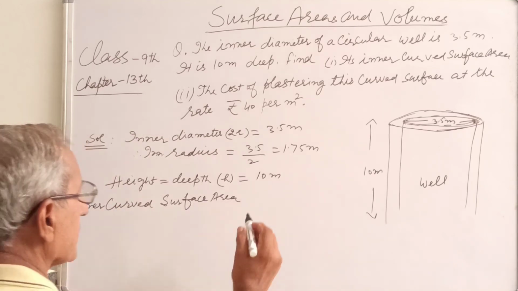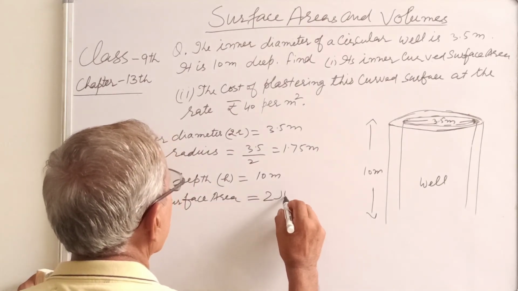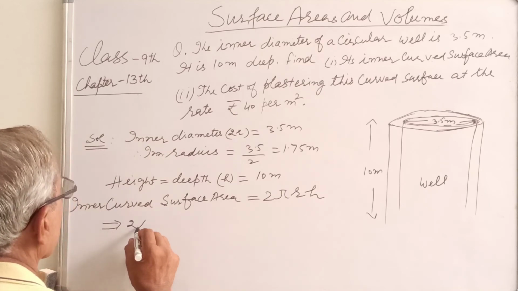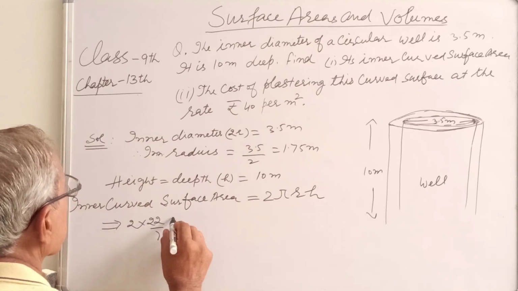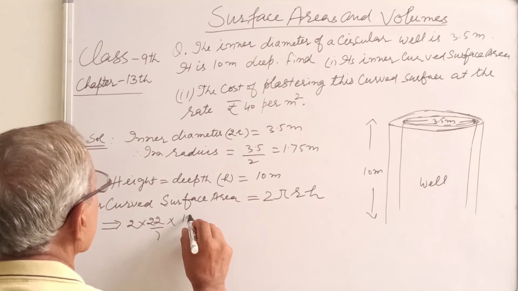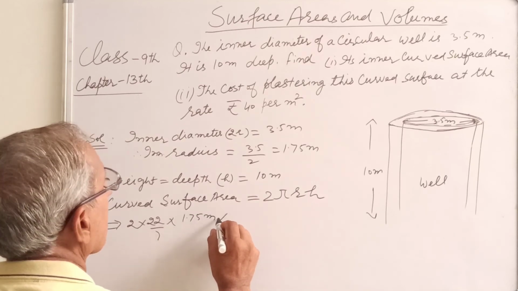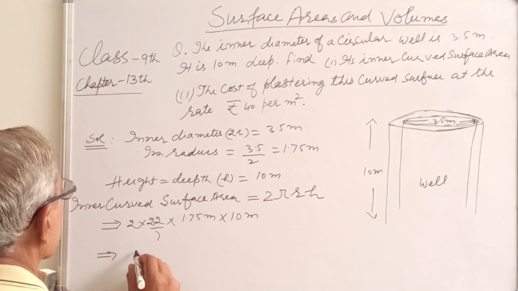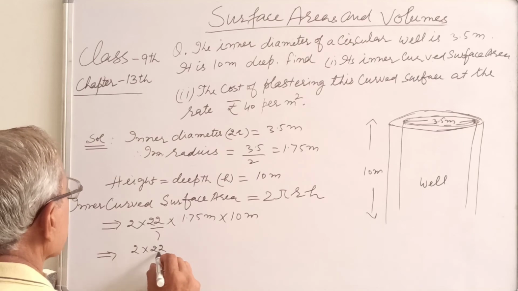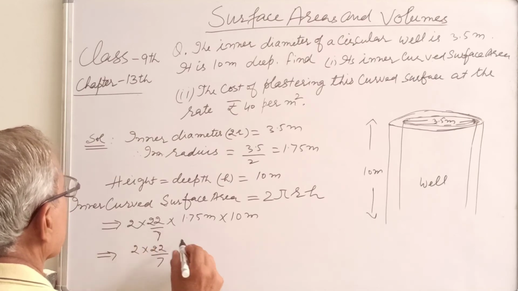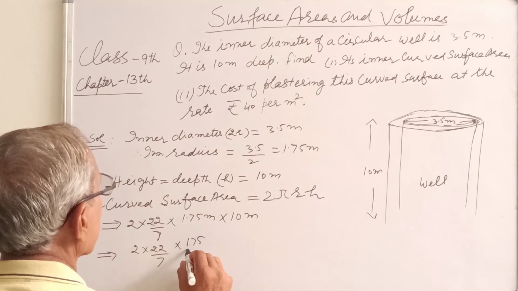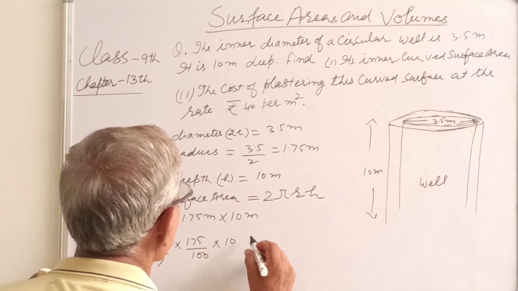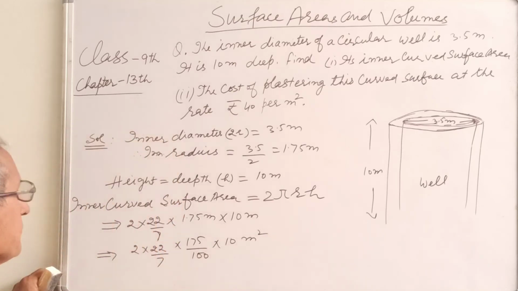Inner curved surface area, same formula, 2 pi r h. 22 upon 7, r is 1.75 meter and h is 10 meter. 22 upon 7, 175 upon 100 multiplied by 10 meter square. So cancel,